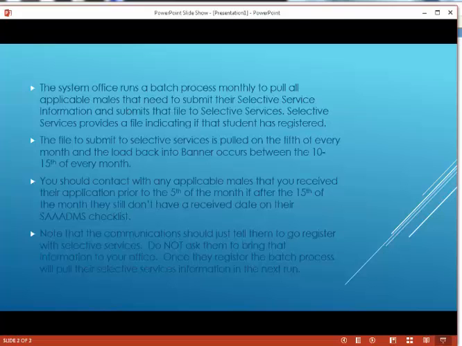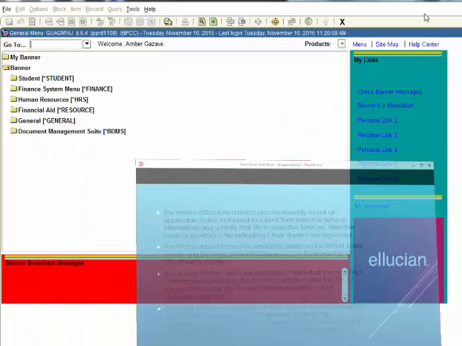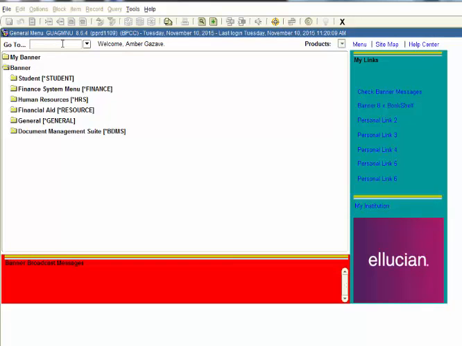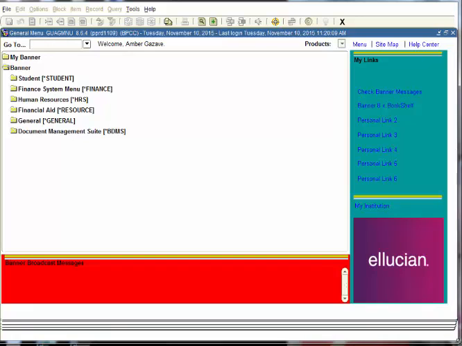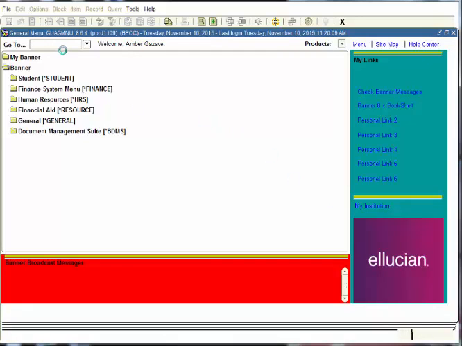for you all. Now to communicate with this population, I've created a process. And the first thing you're going to have to do, and you're only going to do this the first time that you ever go to do it, but you're going to have to go and create the letter that you want to actually send to the student.